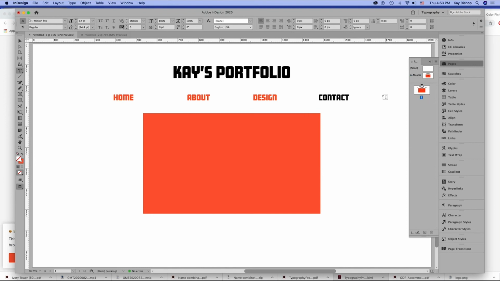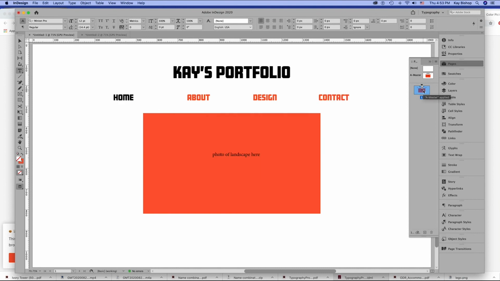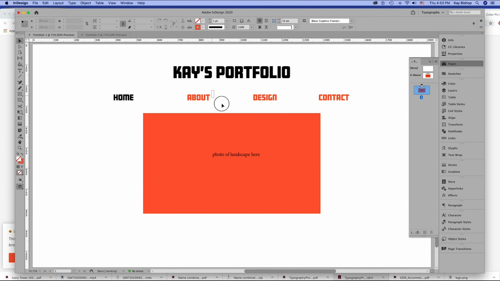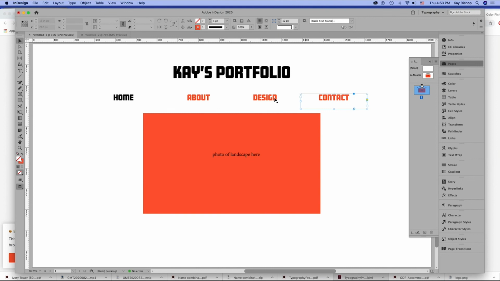To create your page from the master page, you just have to drag it down to the live page area. So I'm going to click and drag down here. So you can see on my first page, I'm going to go ahead and delete that. So here's my first page that I dragged down, and it's identical to my master page. Now, because it's a master page, I cannot move things around without overriding it. So first, I have to override it. So I'm going to Control click and select Override All Master Page Items,